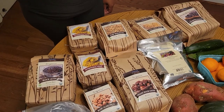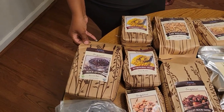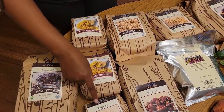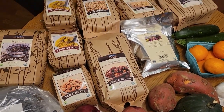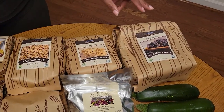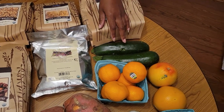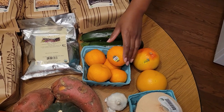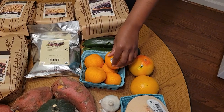That's basically it. Do you want to just tell us real quick what it is that's on the table? Yes, this is black quinoa. We have nutritional yeast, non-GMO, almonds, dates, walnuts, cashews, raisins, cinnamon, zucchini. Now you get a fruit box, and it's a mystery box, I call it, because you don't really know